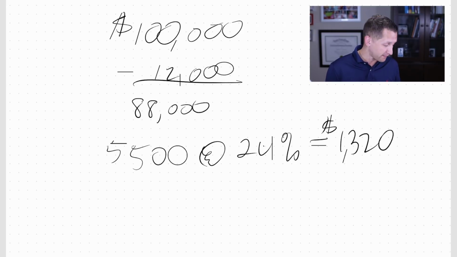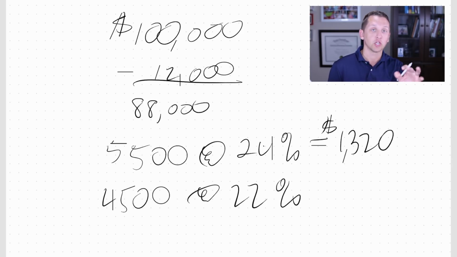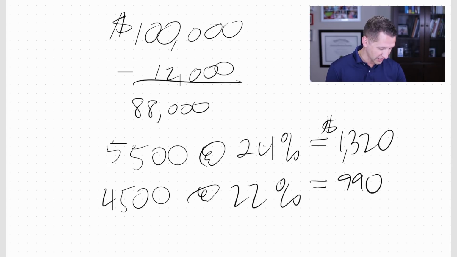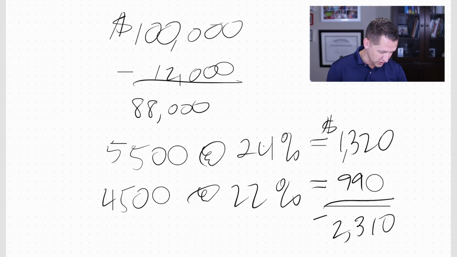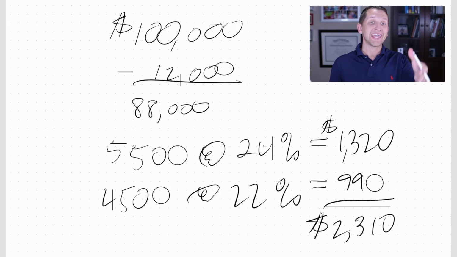The other part of that is below the $82,500 and below, and that's going to be $4,500. So $4,500 at 22%, because now we're in a lower tax bracket, equals $990. Do that math right there, and you are going to get $2,310. So from the app to doing it down on paper, we're getting the same answer. It's a rounding error of $1. So going from the IRS's free app to figure out the W-4,